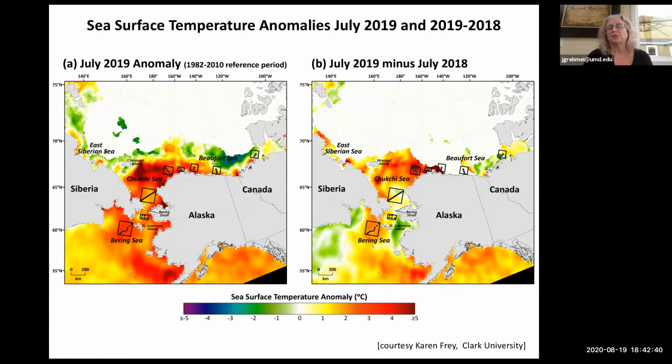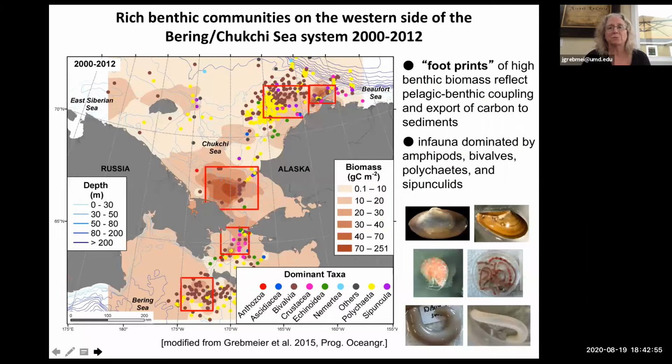And then basically seen on the right, you can see the brighter red and orange colors, and even the yellow colors are telling you above normal surface water temperatures. So on the next slide, this is a generic example of the footprints that we see in the biomass. This is the weight of these macrofauna, which are composed of, you can see the different types of clams, these amphipod, small shrimp-like animals I was mentioning, polychaete worms, and then we have sipunculids and actually sea cucumbers are